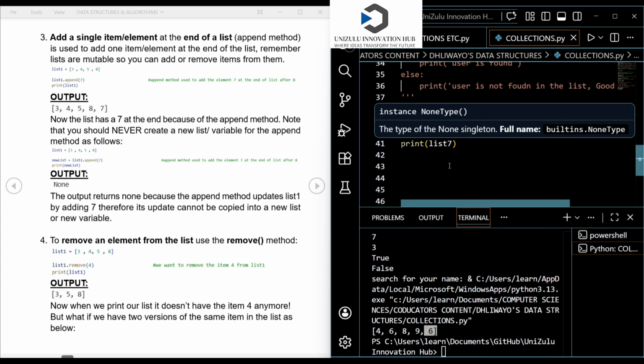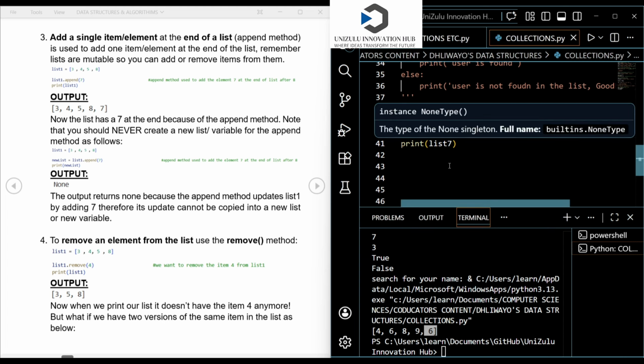So if I say list 7 append 23, it means that, remember, first I appended 10. It means that I've added 10 to the end of the list. That's why when I printed it here in line 43, it gave me a list now with a 10 at the end. It's because I added a 10 at the end of the list. But now when I say list 7 append 23, I'm adding 23 again. So after this 10 here, I expect to find a 23.